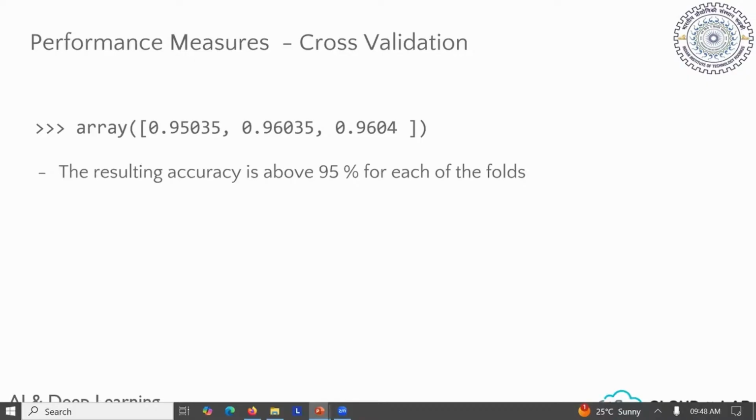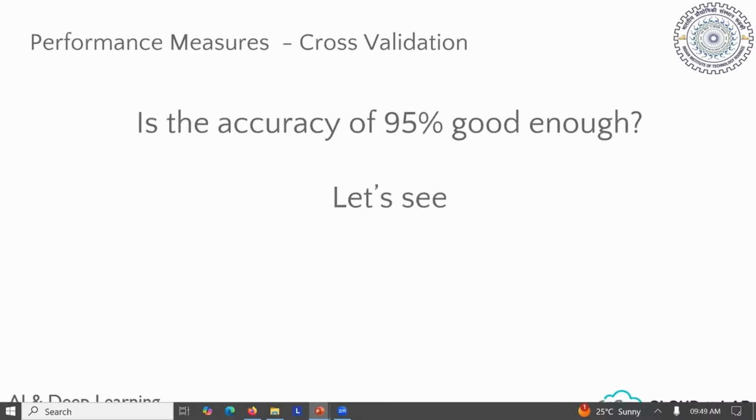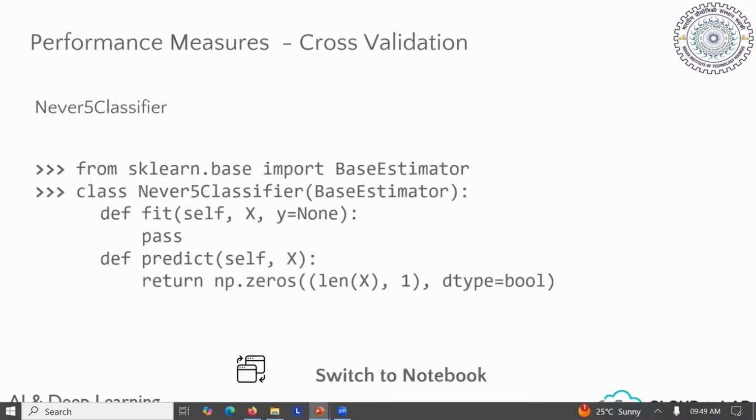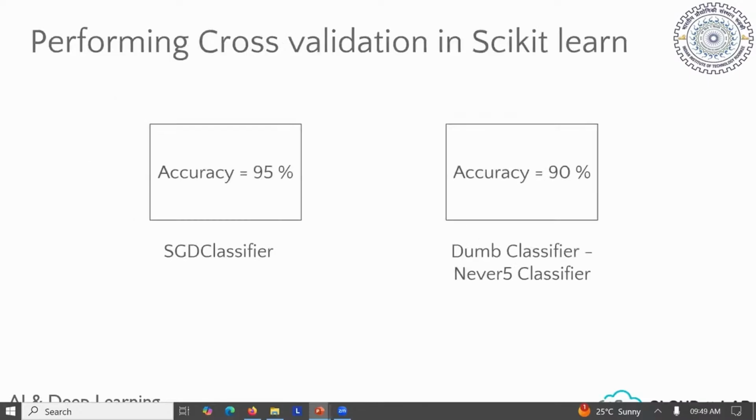I would think so. Or is there any problem with this classifier? So here what we are predicting is whether a given image is a digit 5 image or not, right? Now in our data set we have roughly 70,000 images in total, right? So if we have 70,000 and assume all images are